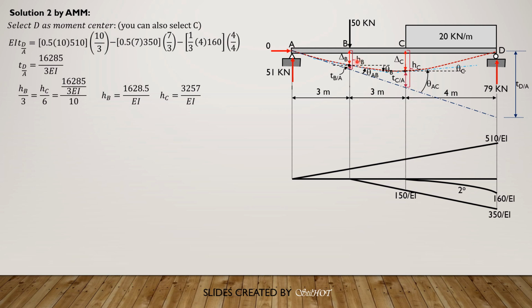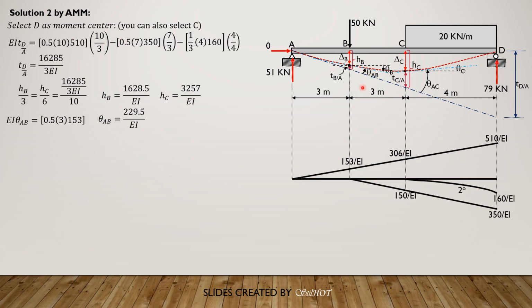So from the figure, take note that delta B is negative. If you just treat them as positive first, in the final calculation you just put a negative sign. Delta B plus the deviation of B relative to A equals H sub B. That should be the equation. So this is 153 over EI, 51 times 3. This is 51 times 6, so 306 over EI. So EI theta AB is 1/2 of 3 times 153. So theta AB is positive 229.5, as expected, because the rotation is